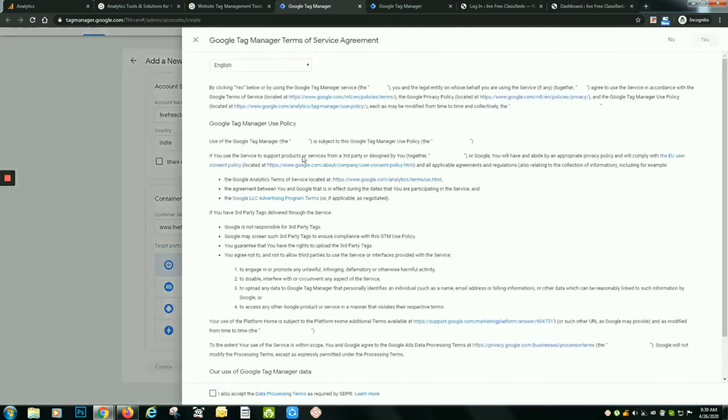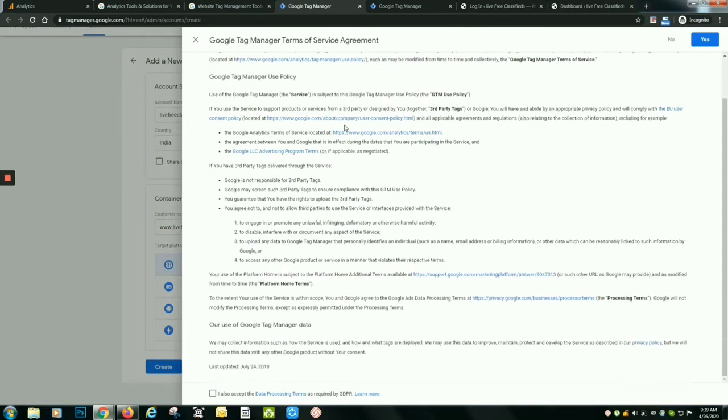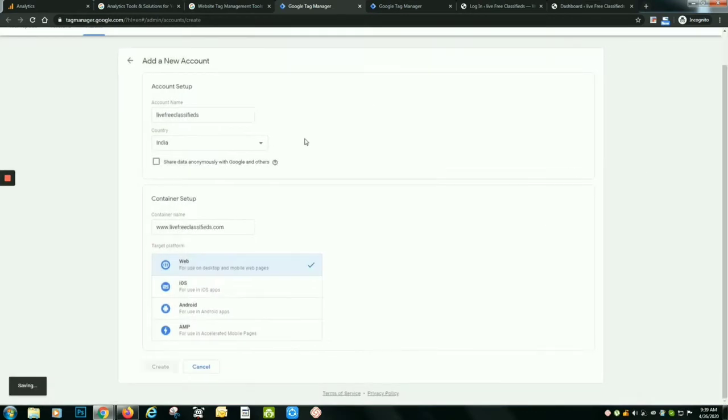Once you create it, you have to accept some terms and clauses. Once you accept, you will get some code. That code you have to add in the website.